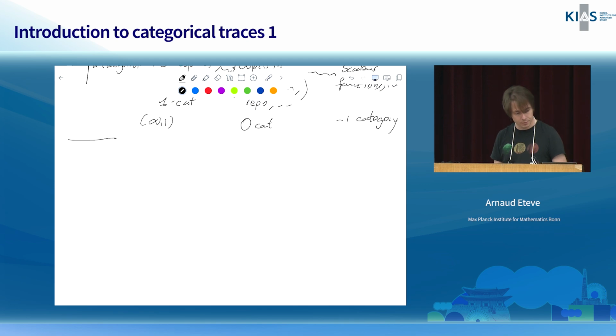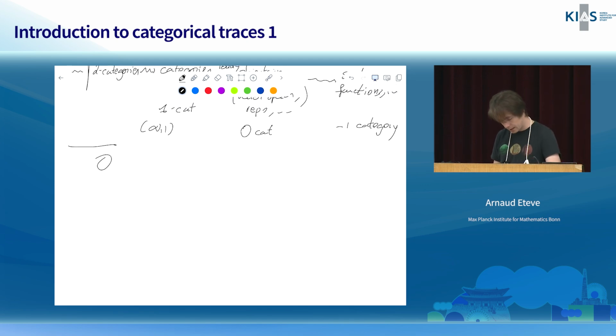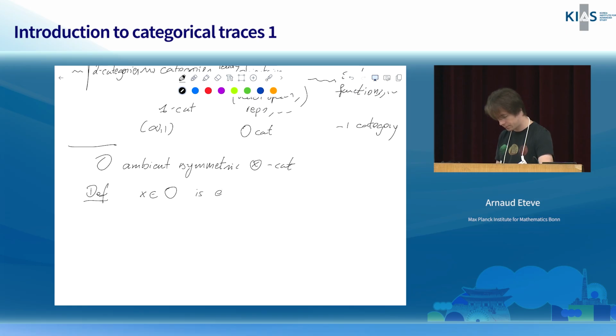All right, so let's start with some definitions. I will first fix O, some ambient symmetric monoidal category. Very quickly, it's going to be an infinity category. For now, it can be anything. So definition 1: X in O is dualizable. I'm saying dualizable and not left or right because the ambient thing is symmetric.